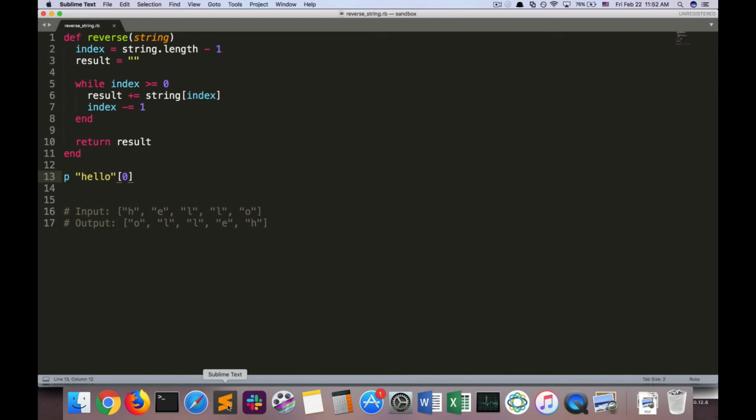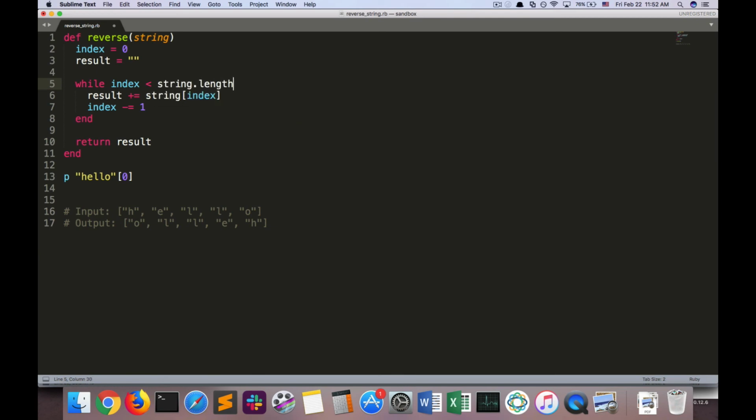So we can actually have our while loop work from the beginning of the string to the end of the string, except that when we add each new character to the result, instead of adding it to the end of the result, we can add it to the beginning of result, as follows. So let's have the index start out at 0, like a classic approach, and we can say while index is less than